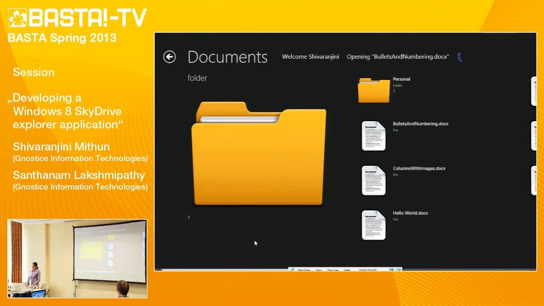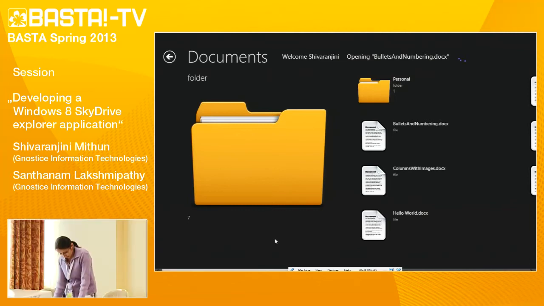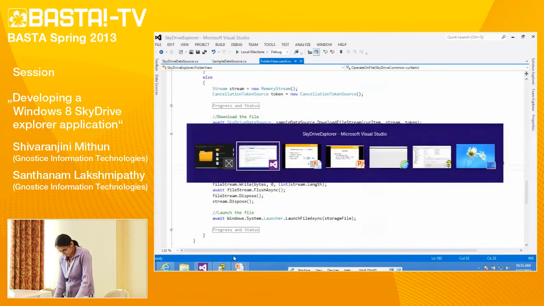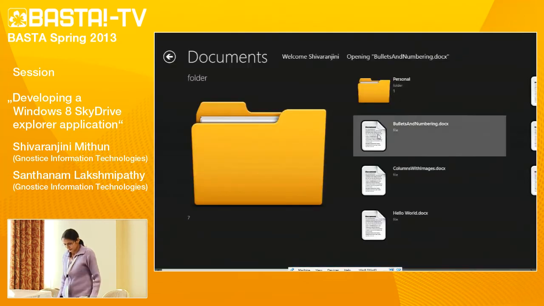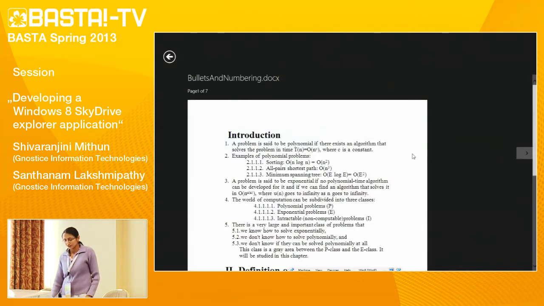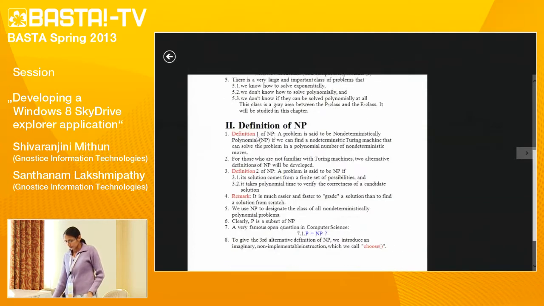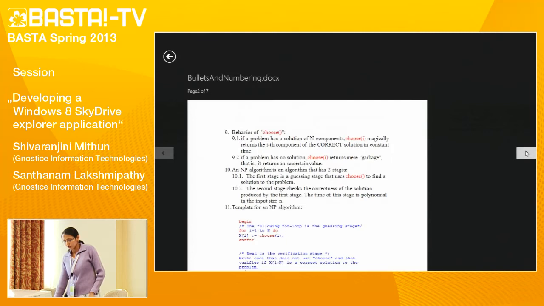It depends on the speed of the internet connectivity and the size of the file. So this document has 7 pages, and this is shown through the flip view control. It is showing one page at a time. This is the first page, second page, like this.